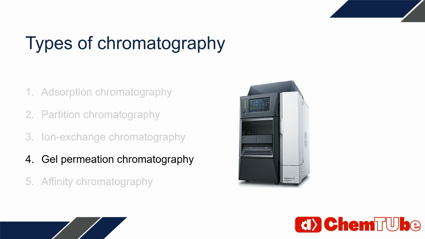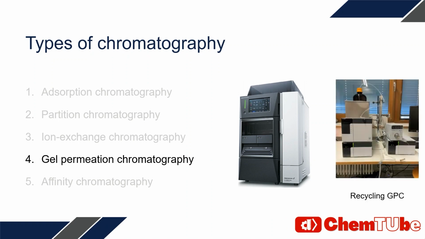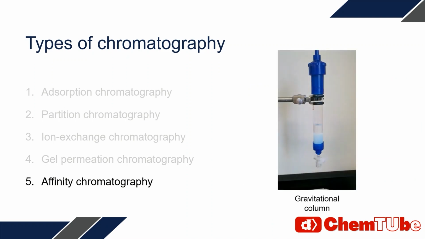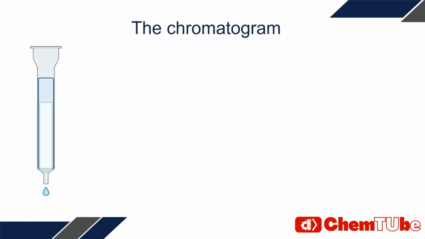However, in order to separate and collect solutes of different size, one can use a recycling GPC, where you cycle the mixture several times through the stationary phase before collecting. Finally, for the affinity chromatography, specific solid phases can be purchased and loaded in a column in order to separate specific compounds or proteins. Now let's take a look at how we can track the separation of the compounds.